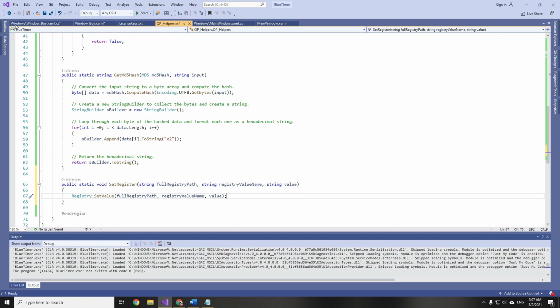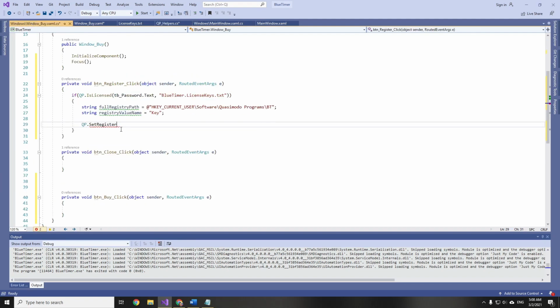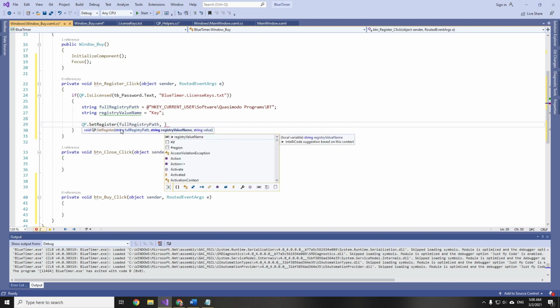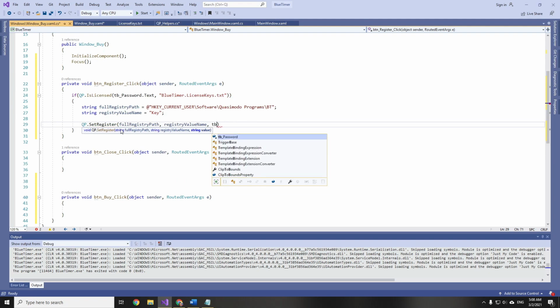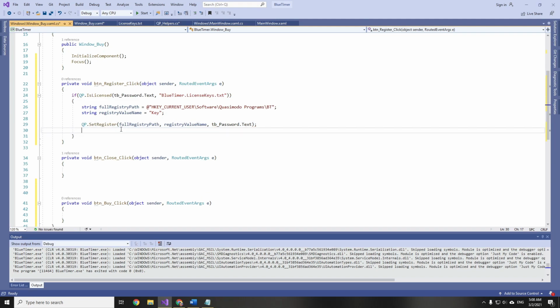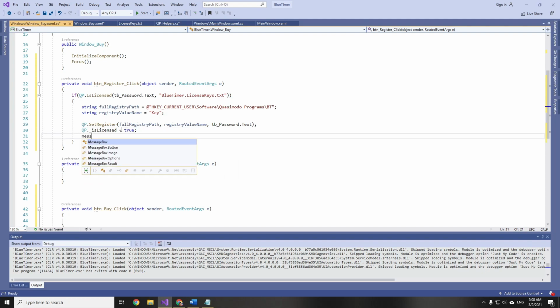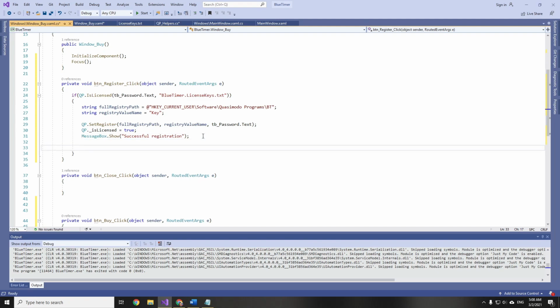So back to our window, we set register to full registry path, registry value name, and the value is going to be tb underscore password text, and we set qp dot is licensed to true, and we will show a message box with text successful registration, and we will call the unlock full method on our main window, and we made it public because we can access it from here then.